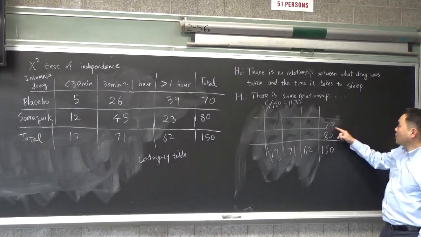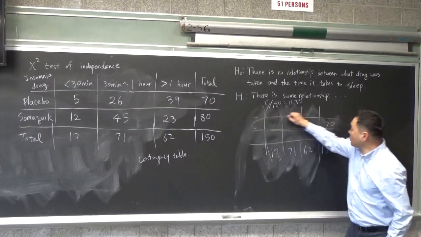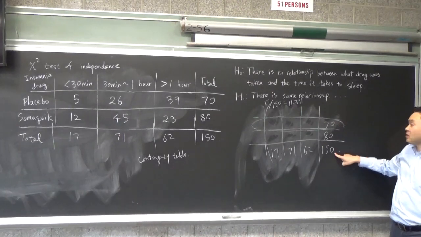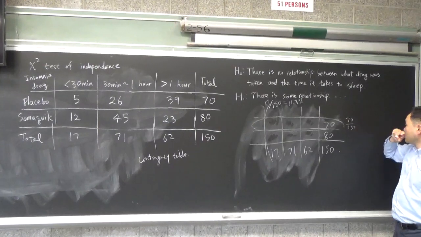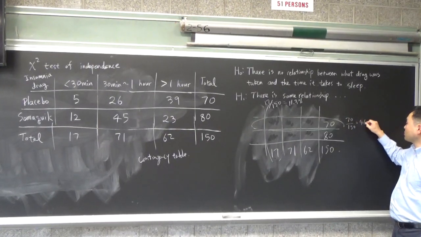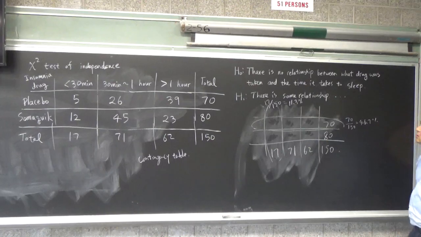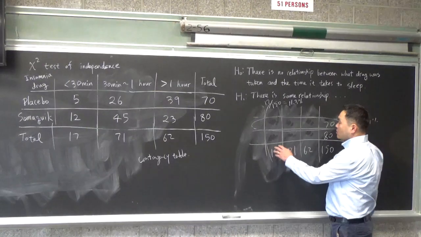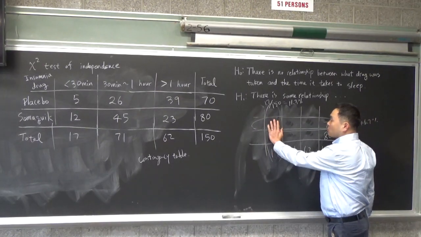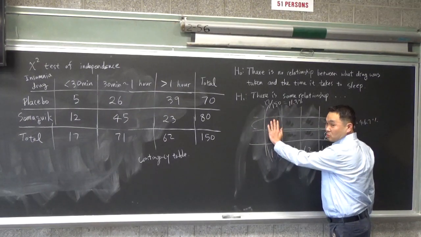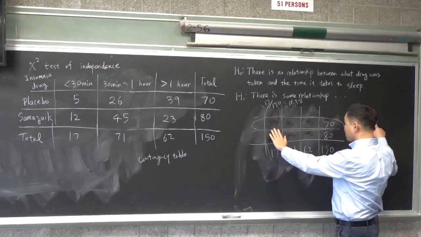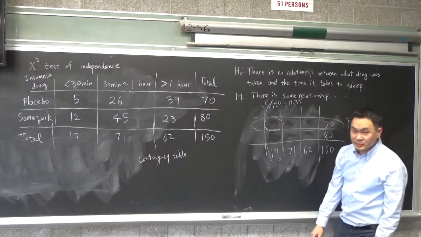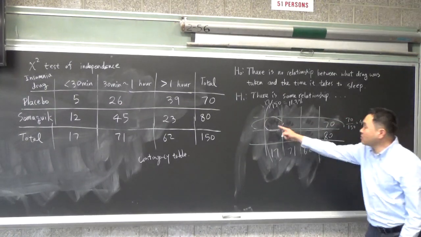Also, we also know that 70 out of 150, which is like what? 46.7%. 46.7%. Okay, good. So since we know that 11.3% should be the sum of these two cells, and out of those two, 46.7% should be this guy, I know that this number should be